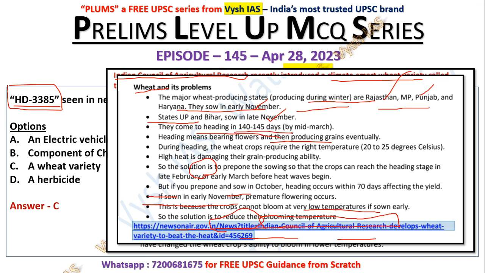Okay, one is early November, one is late November. Then 140 to 145 days it will take for the heading. Okay, heading means bearing flowers and then producing grains eventually. So it will take around 4 to 5 months. So during heading, the wheat crops require a particular temperature to properly produce the grains. If there is high heat, it will damage the ability to grow. So these are the general problems. Okay, premature flowering or the temperature not suiting. These are the problems which wheat varieties face, and so we have made this new wheat variety which can adjust